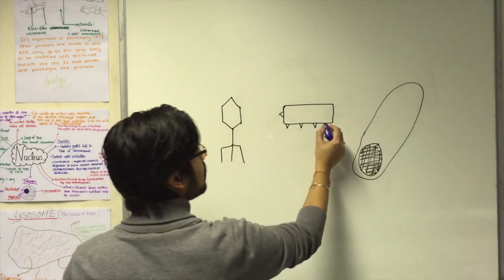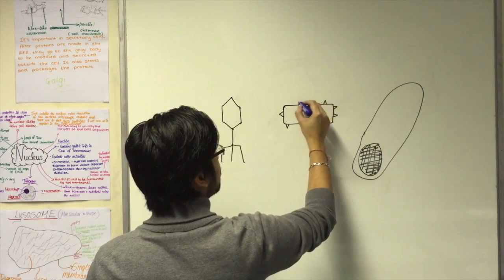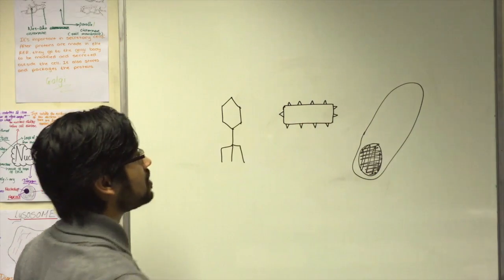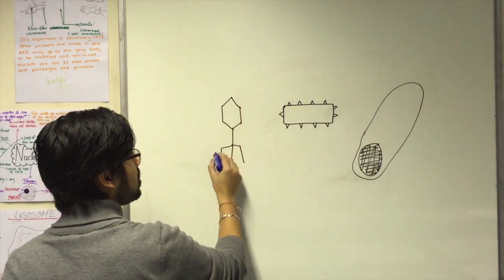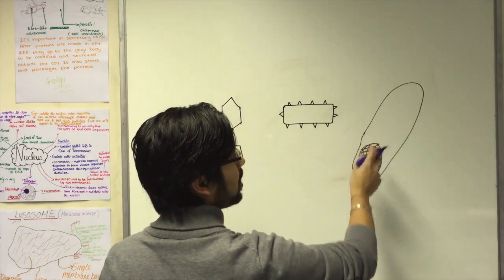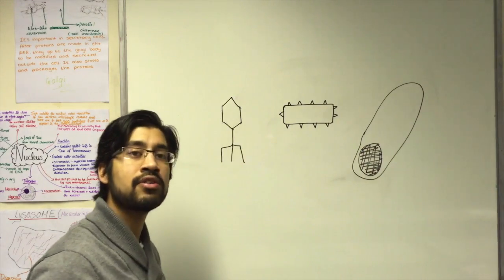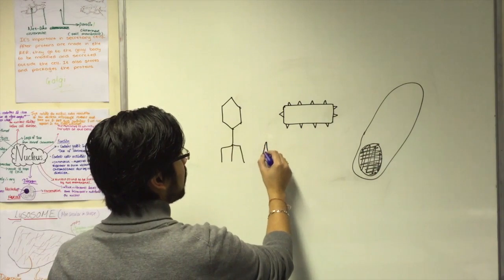So this could be a particular protein, it could be a fragment of a glycoprotein on the outside of these molecules. It could be one of the proteins that make up the virus. It could be any bit or fragment of a pathogen that could be recognized by your immune system. So we're going to be talking about antigens,